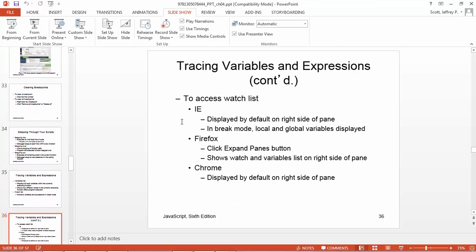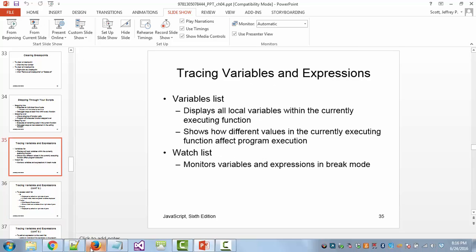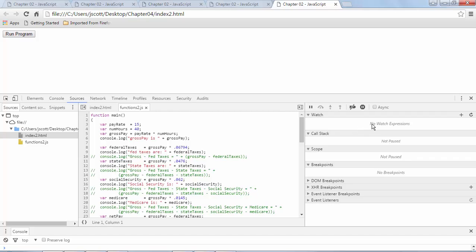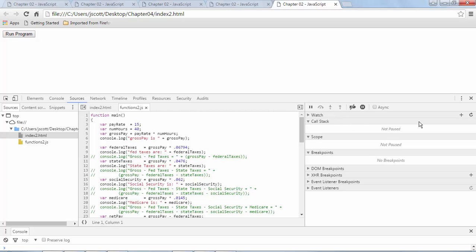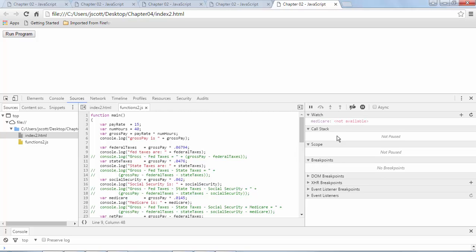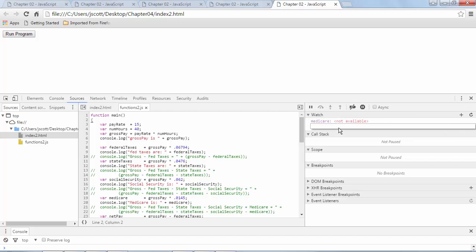You can set traces on variables. All right, you may or may not have noticed when we looked over here, we've got windows. We've got a watch window right here. And we can put expressions in there. We can check for certain things if we want to. So if I wanted to check for Medicare, as an example, it says Medicare is not available right now. Well, let's try to check for pay rate. All right, it says it's not available. Well,